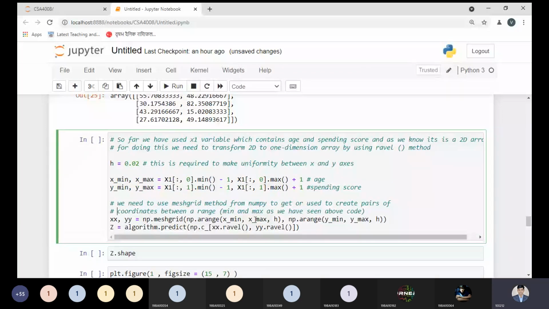So this is the point by which we can pass in. So that is the point. So meshgrid is required, and with this point, we need to predict something into the JAD, and this is required when we need to use this information in a 3D manner. But here we are using our information in a 2D manner, but we need to keep in mind this information to print our information in a graphical way, and that is the required part.